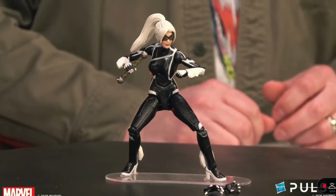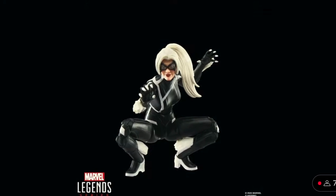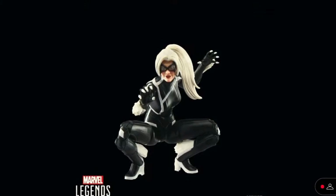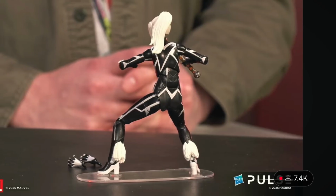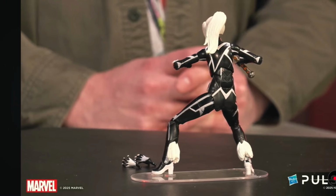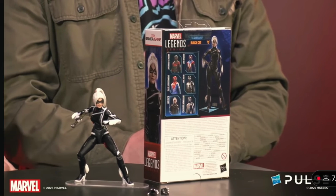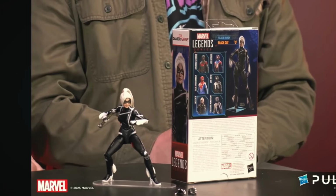It's not as sexy as her other previous iterations. So, to me, it's more utilitarian, but it also has that quality to it, in my opinion. Here in the box art, they actually base it on menus from, I believe, more so the first game than the second game. They had some fun with the design of all the figures in the wave on the back of the box art. So yeah, for the most part, love this